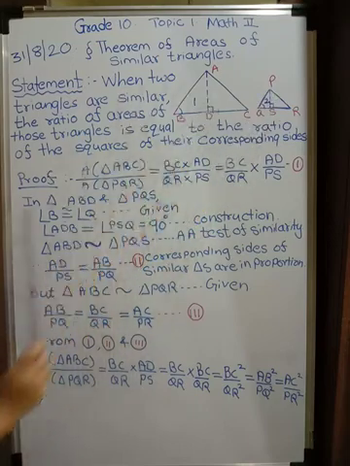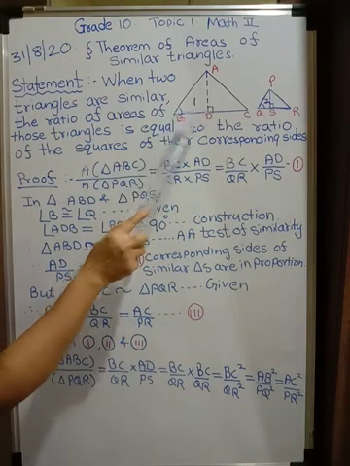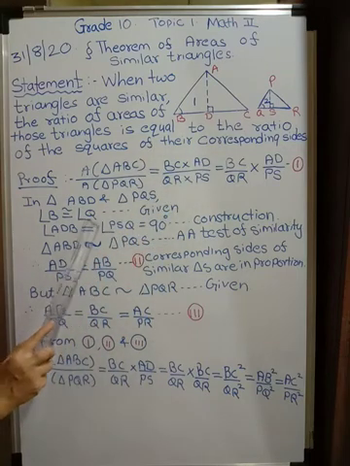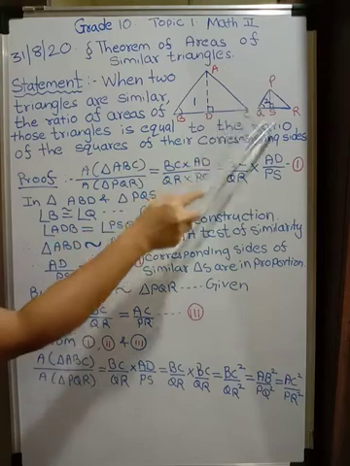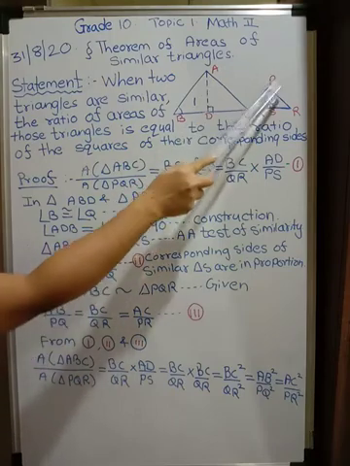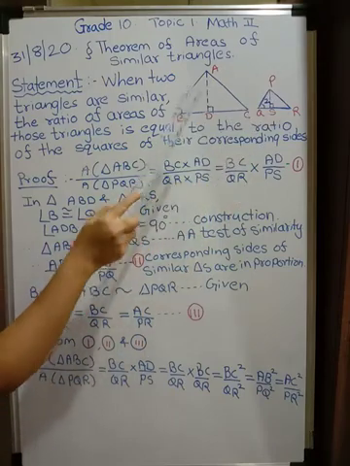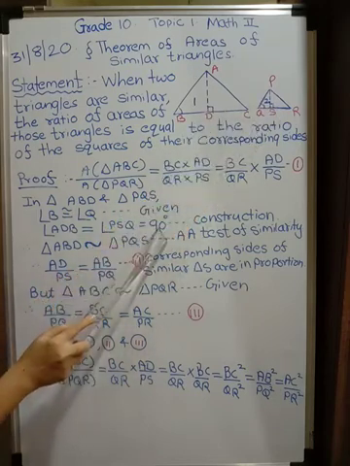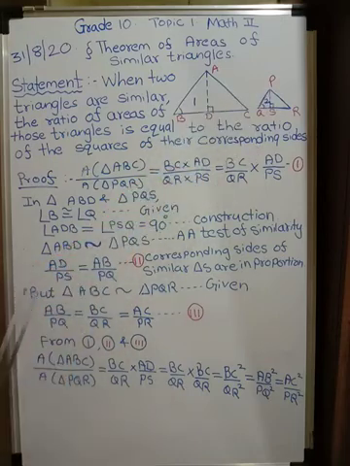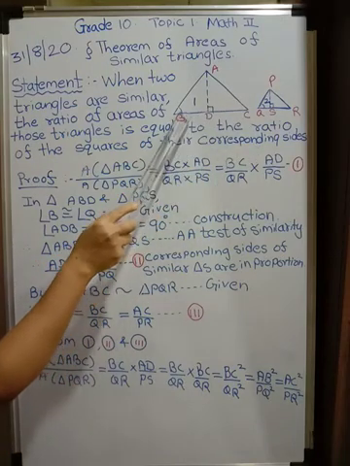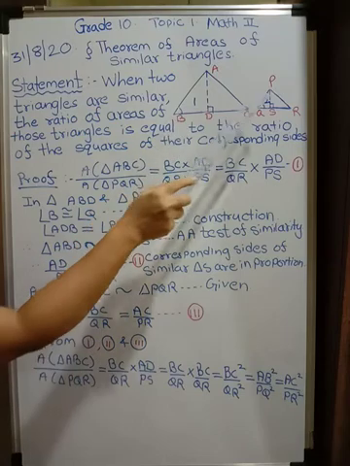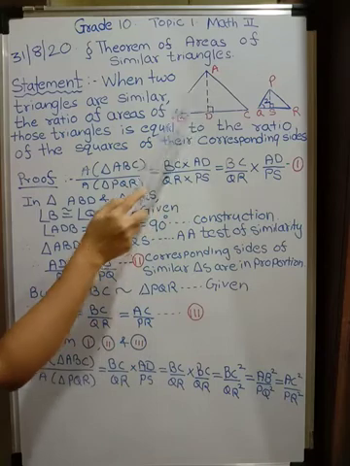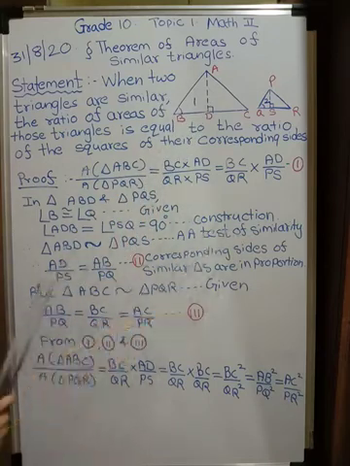Because it is already given these two triangles are similar and therefore their corresponding angles will also be congruent. So angle B is equal to angle Q is given, and this is perpendicular. AD is perpendicular to BC, PS is perpendicular to QR. So without telling, angle D over here and S over here is equal to 90 degrees. That is what construction we have done. Now because two angles of one triangle are exactly equal to two angles of the other triangle, these two triangles are similar by AA test of similarity.